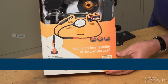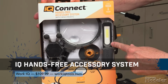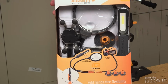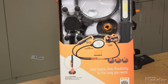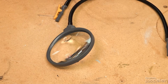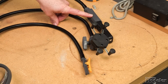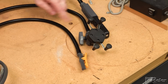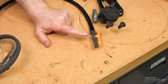All right, so we got the hands-free accessory system here, and it includes a 180 lumen work light, a 5-inch magnifying glass, and a cell phone holder. And it's got these funky octo arms on it. All right, so this is what they look like outside of the box. We've got a magnifying glass, the phone holder, the 180 lumen light. What we also have on the ends of these, the octopus arms, we've got these